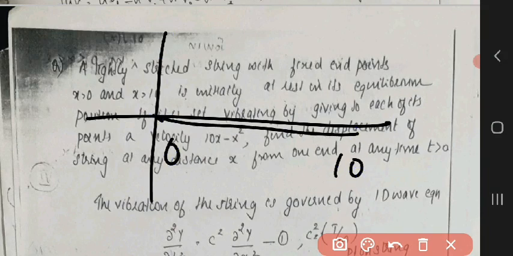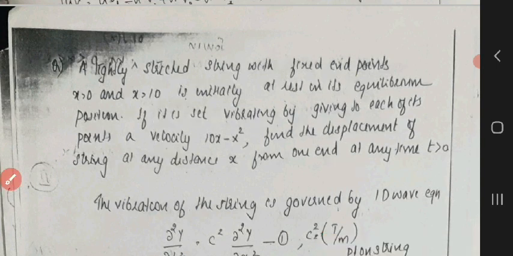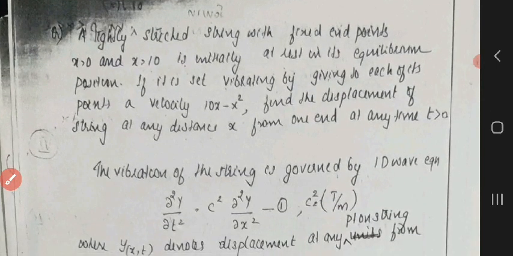Then we give a velocity and make it vibrate. So this velocity is 10x minus x square. From this, we want to find the displacement of the string. So this solution is connected with the wave equation, and you should write